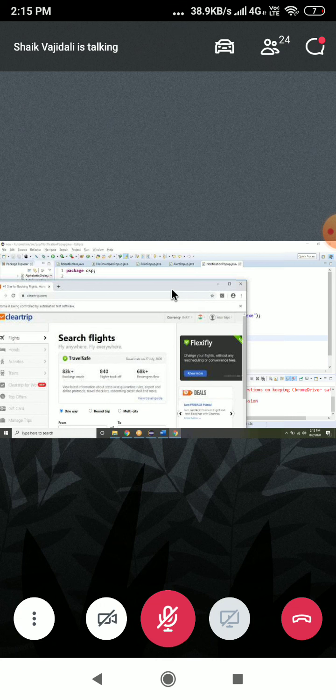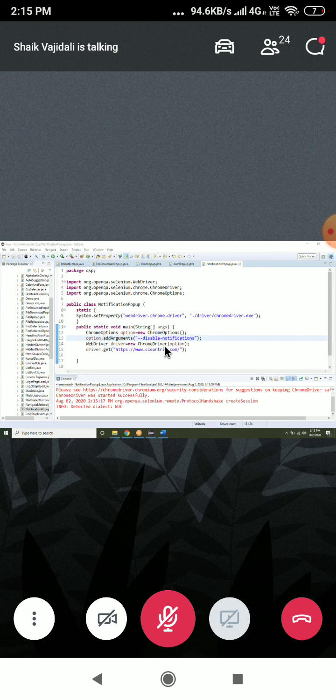Can't we handle that pop-up by clicking allow? No, not possible. In some applications we will get that pop-up and we need to allow. Can't we automate it? You can use enable notification and try it out. Like that, we have the code for disable notification instead of enable notification. It will click on notification. This is a predefined text for this type of scenario.